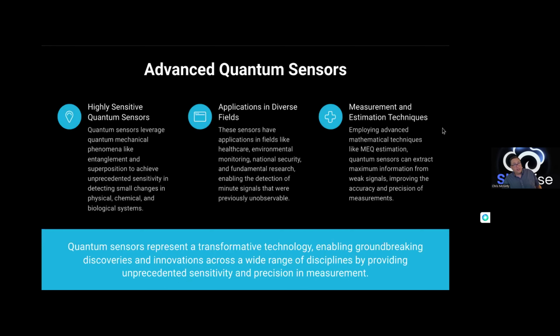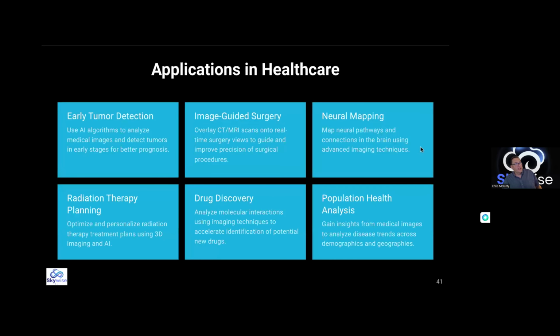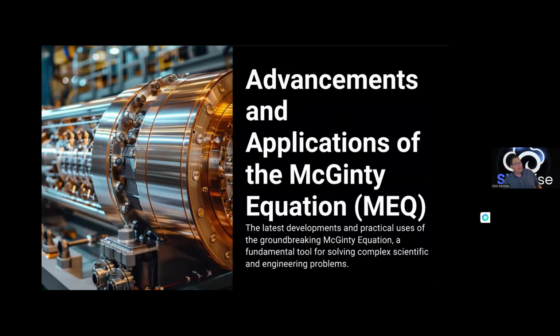There's many different things we can use sensors for besides medicine: national security, all kinds of monitoring. People will find all kinds of new ways to use the quantum sensor information as it starts to become developed. These are some things that we've already mapped out, plans we've already put together for early tumor detection and radiation planning. We can do a lot of personalized treatment options using genomics, and again, applying the MEQ framework with advanced AI. This is a schematic that we have already of a cold fusion reactor.